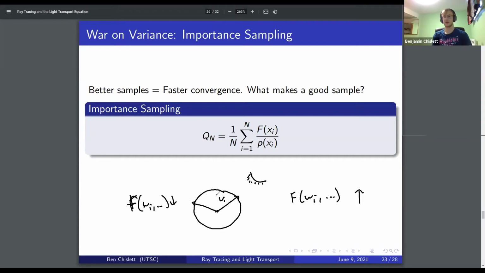And it turns out that adding a very small value doesn't change anything, right? That's an important point here. So what you want to be doing is you always want to be sampling in the direction of the most light, and that's that term importance here. So when I say better sample, I mean a sample that represents